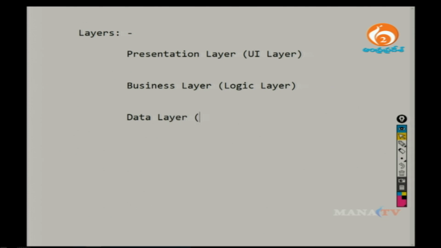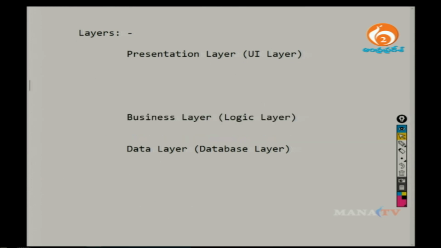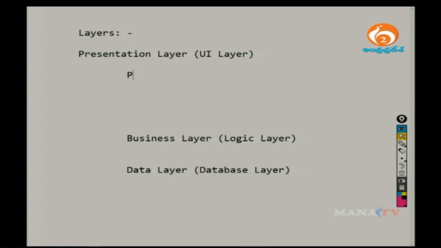So, this is your data layer. Sometimes some people will call it the database layer also. So, these are the three layers presented. What does it mean to say that a presentation layer is? Presentation is a layer, right. This presentation layer will interact with